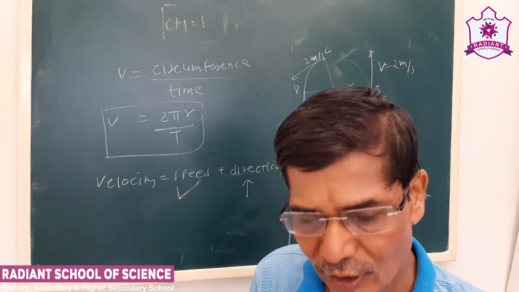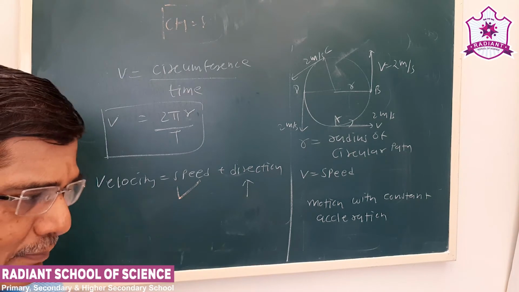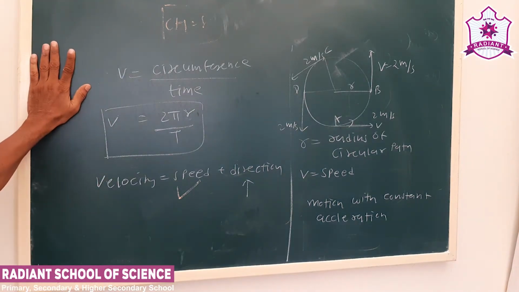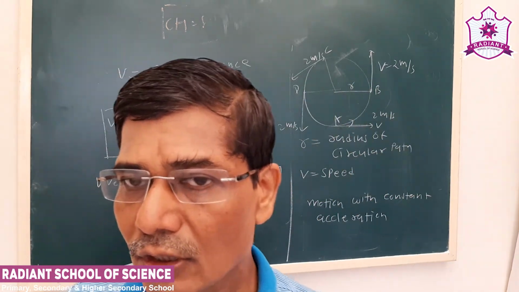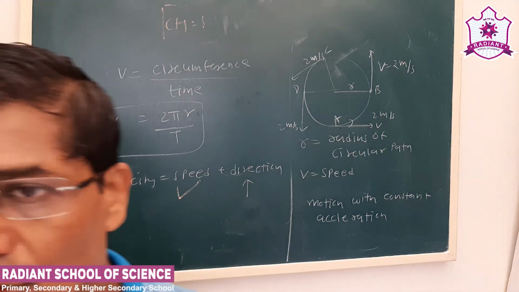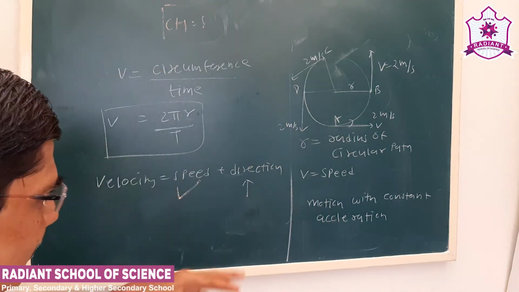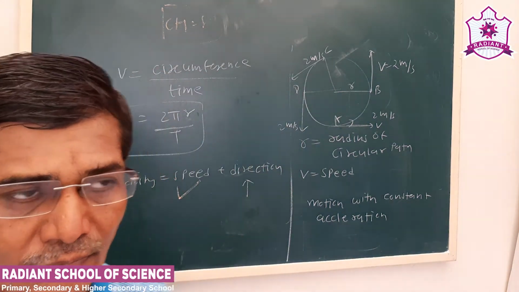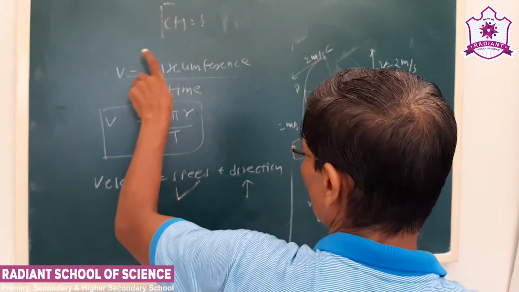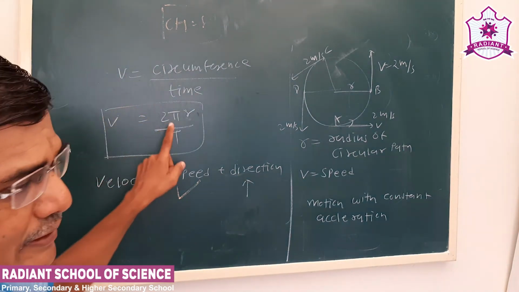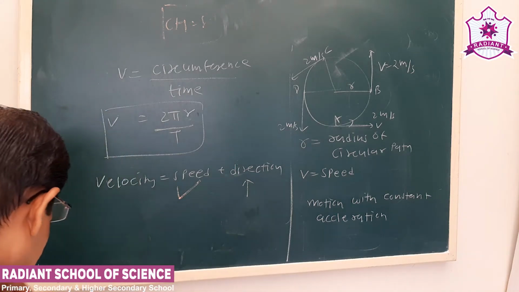Now what is the value of that acceleration? That we will study in the higher standard. But for the time being, we have to remember that whenever an object moves on a circular path with a constant speed, it is called uniform circular motion. Now uniform circular motion is many times a motion with a constant acceleration. Why? Because we have seen the direction of the velocity is continuously changing. And what is the formula of the speed? V is equal to 2 pi r upon t. What is r? R is the radius. Now speed is distance upon time, so distance will be equal to the circumference of the circle and time interval is t. So this is about uniform circular motion.